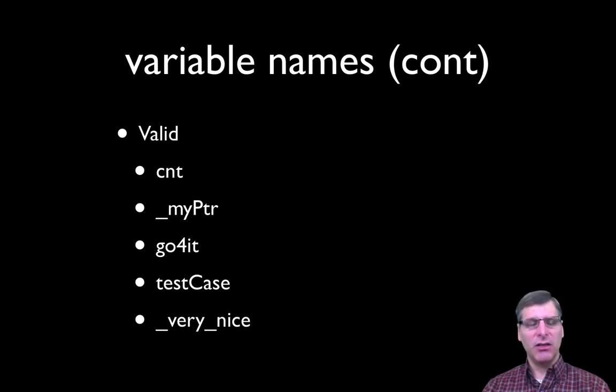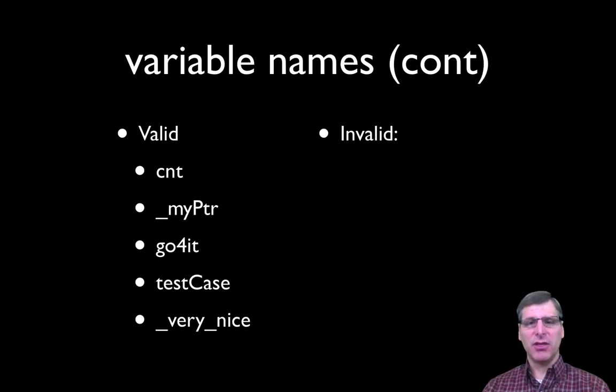Okay, so all of these either start with a letter or an underscore, and after that contain either digits, letters, or underscores. And you'll want to note that, just like in many programming languages, these variable names are case sensitive. So in the second to the last, when I've got a capital C there, I've got what we call camel case, test case there. That is actually different than a variable name that had a lowercase c.